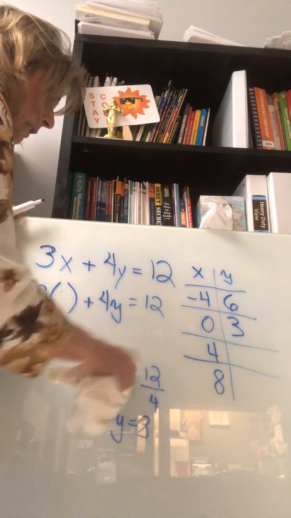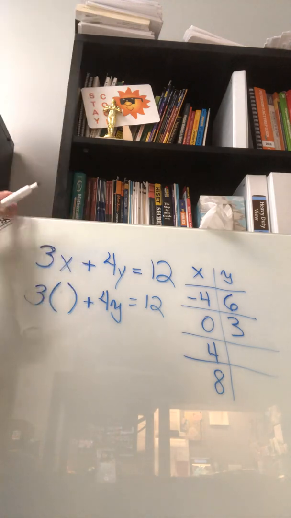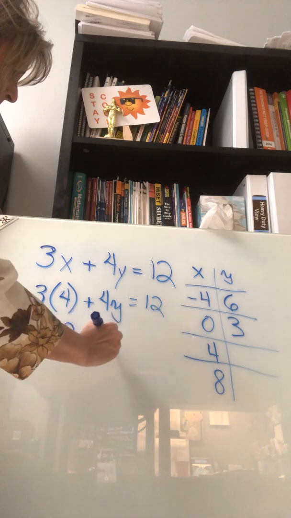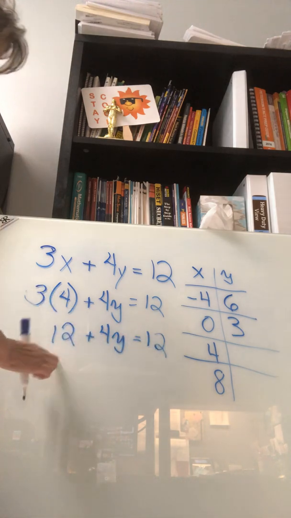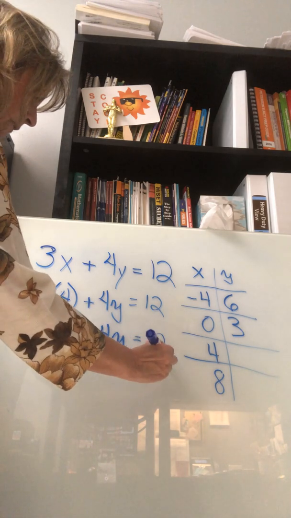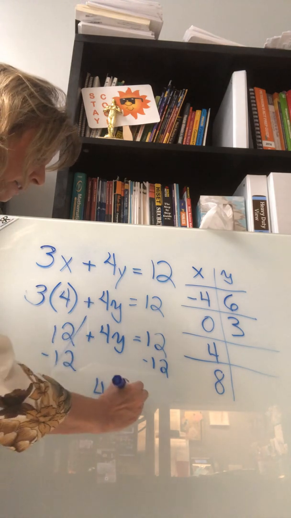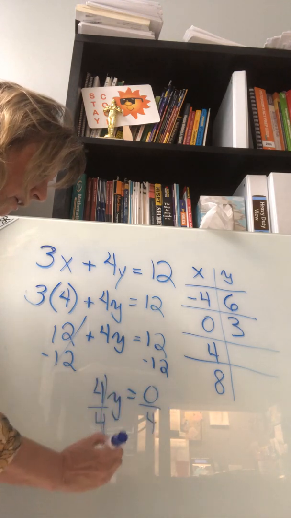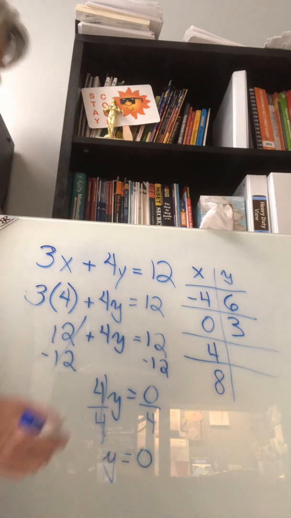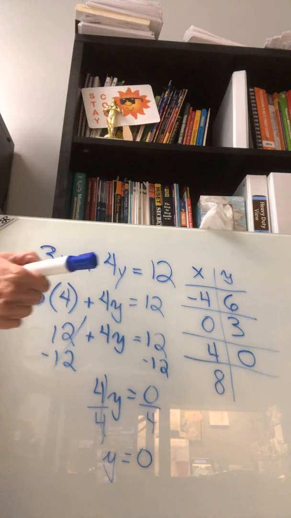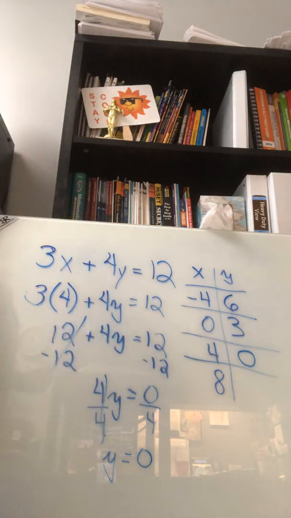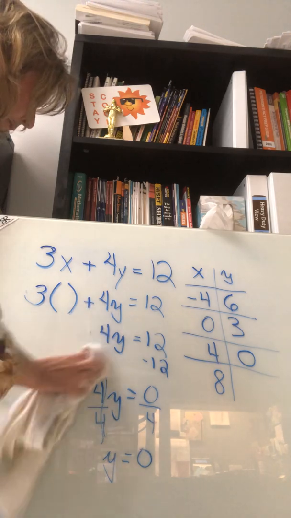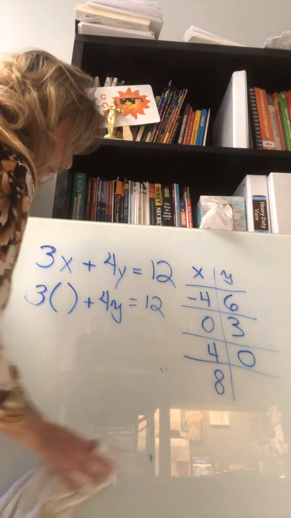let's move right in here and substitute 4 for our x value. 3 times 4 is 12 plus 4y equal 12. Get rid of this 12, subtract 12 from each side. 4y is going to equal 0, 12 minus 12. Divide each side by 4. So y is still going to equal 0 right here. So the next point is going to be 4, 0. Right, and we'll go and do our last point, and then we'll plot them and show the graph of this